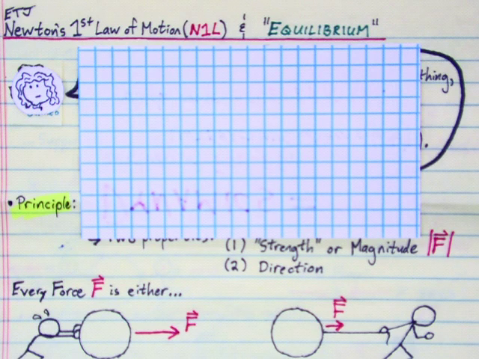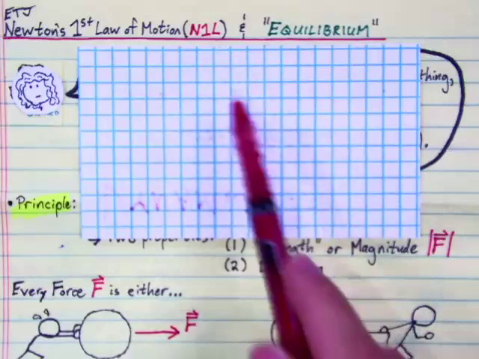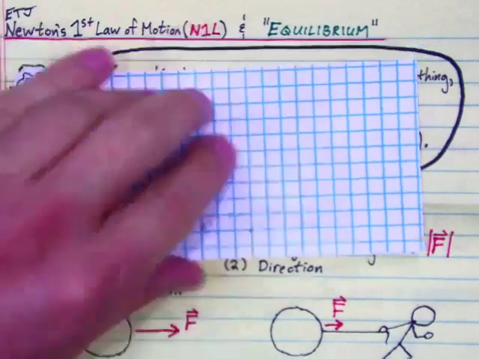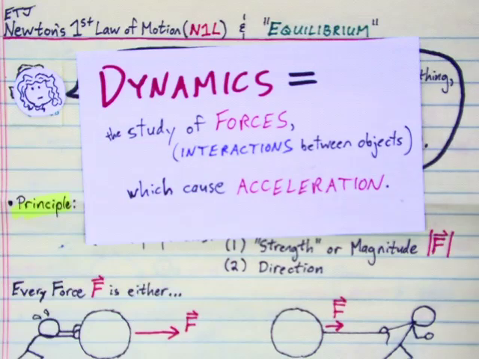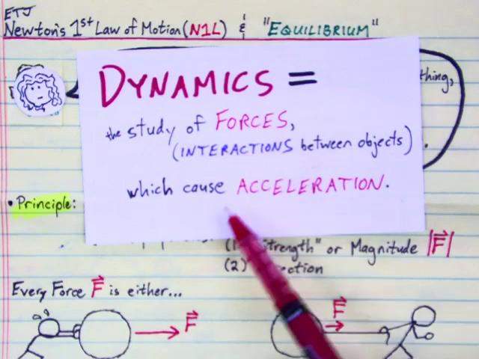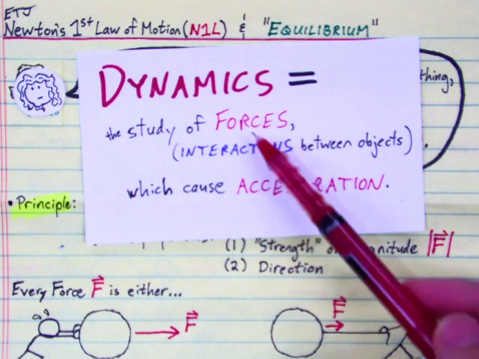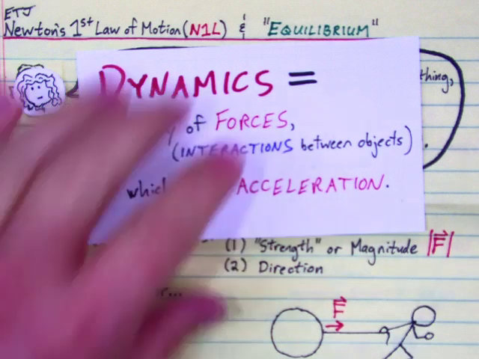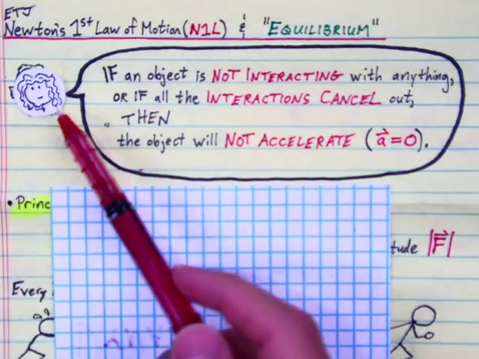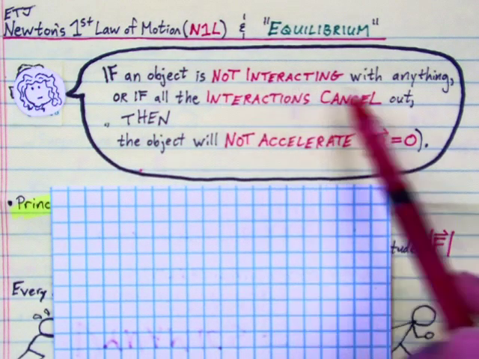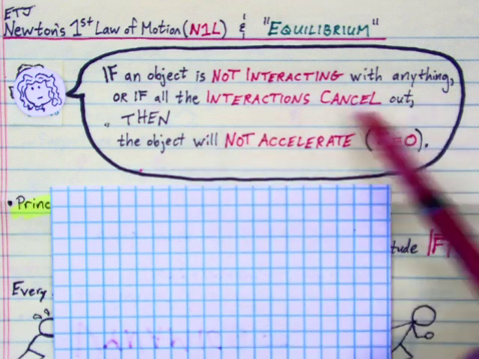Newton's first law of motion, or N1L for short, and the concept of equilibrium. We're studying dynamics, in which we learned that forces, interactions, cause acceleration. But if interactions cause acceleration, then the opposite is also true. Newton recognized that if an object is not interacting with anything, or if all the interactions cancel out, then the